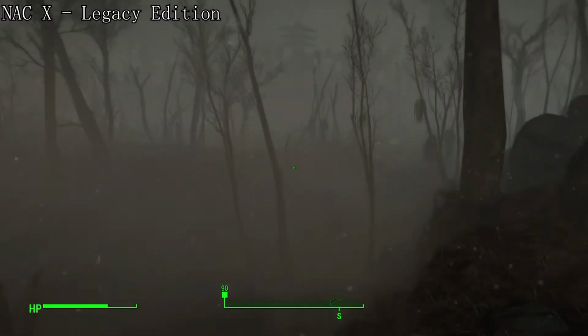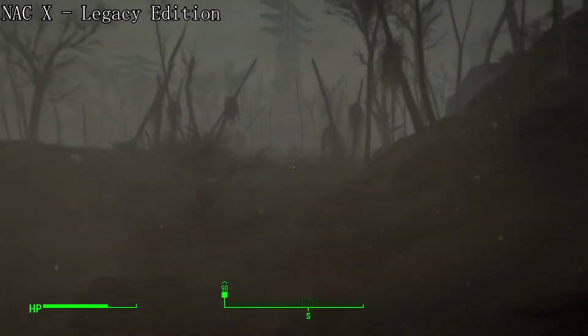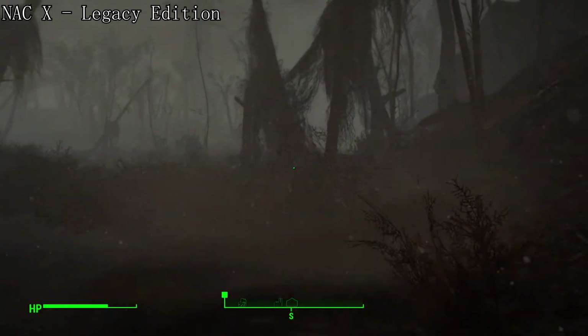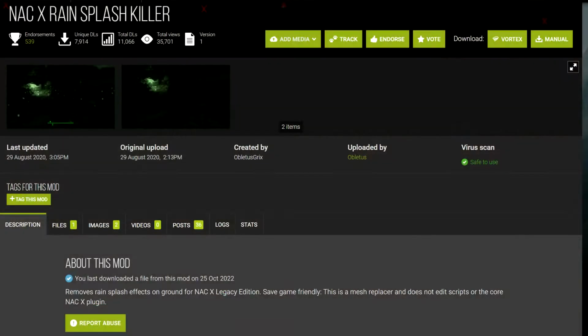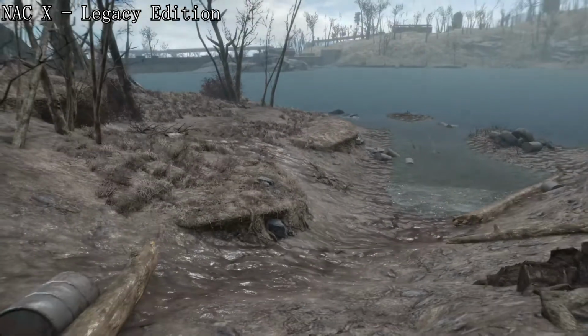We'll talk about NAC X Legacy Edition first. It doesn't have an installer, you just unpack it and enable the 3 plugins it comes in. Now, if you are going to use NAC, which I wouldn't recommend, you're also definitely going to want to install 2 mods, the NAC Rain Splash Killer and the Skin Tone Fix, because this mod attempts to add raindrops onto